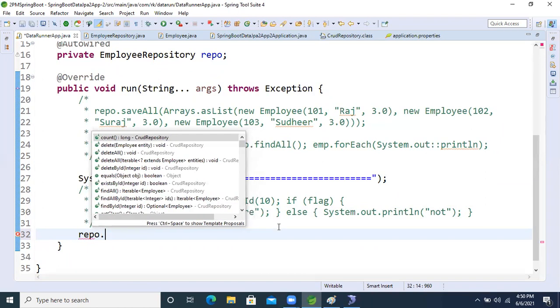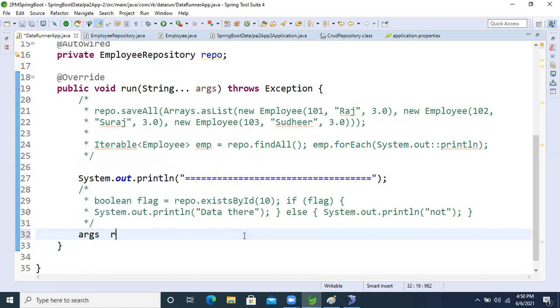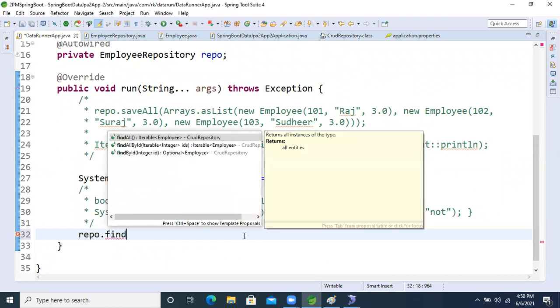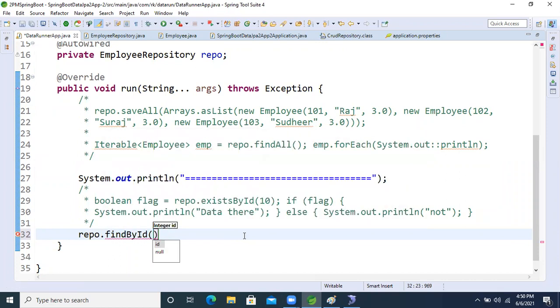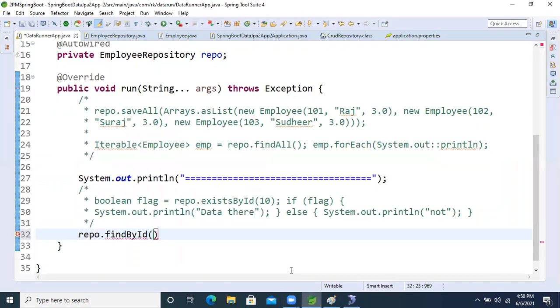My system is hanging too much now. Repo dot what? Find by ID, right? And it will return what? I'm putting 101 only, the first data, right?